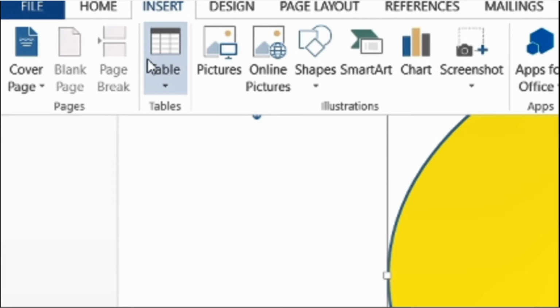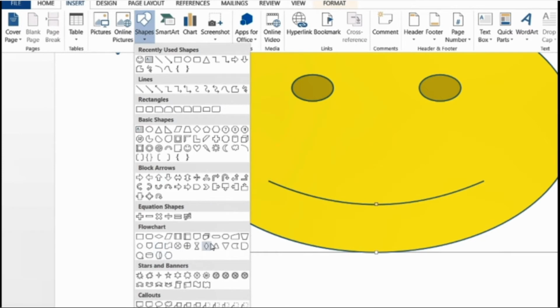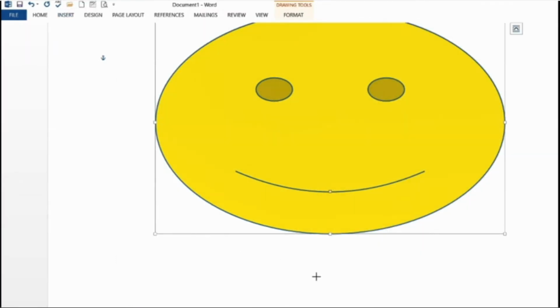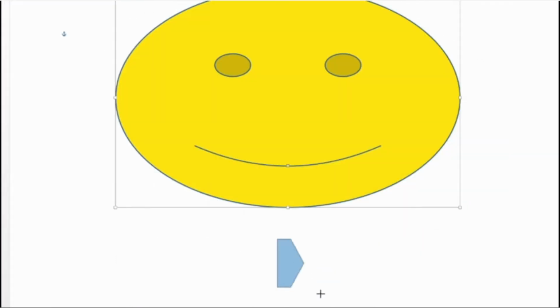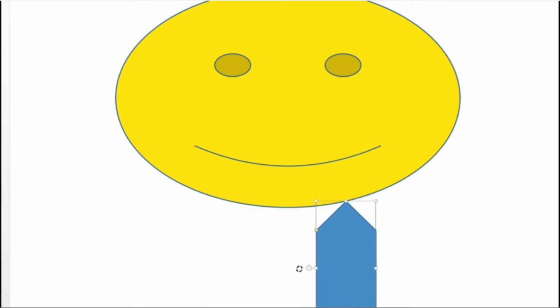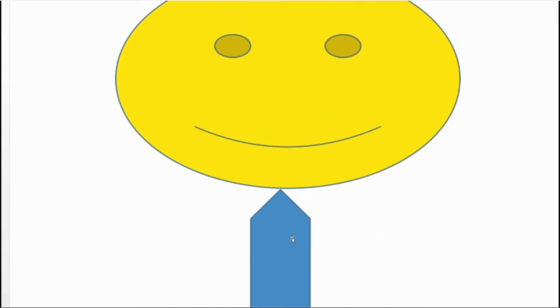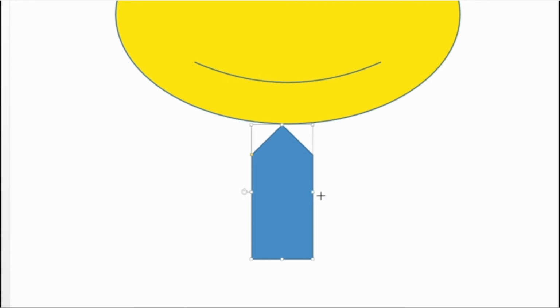Now we have learned how to insert tables and pictures. Yes, in this let me add two smileys, some hair, and one neck. Let us make the smiley look handsome. See, I have taken an arrow and I have rotated it. This is what I am trying to tell you, that any shape you can take. And another thing is, with some shapes you club together, you group together, and a new image can be created by you. So here I have adjusted the smiley's neck.